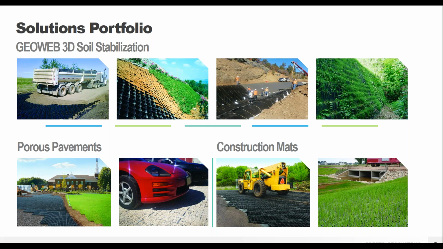And so, like I mentioned, we do operate in 3 product areas. So the first is soil stabilization using our GeoWeb GeoCells. And you can use those for load support, where you've got vehicle traffic, slope and channel protection, and then also in green retaining walls. Then another product area is going to be porous pavements, which we have both a vegetated and a gravel solution. And then finally, we have lightweight, reusable construction mats. So today we're going to focus on the GeoWeb system, really focusing on slope and hydraulic performance, and then also a little bit of load support applications.